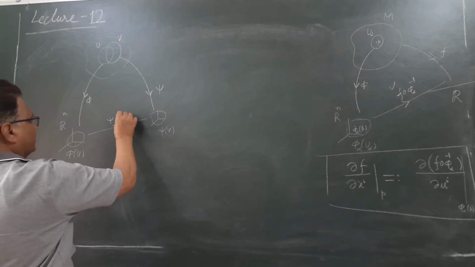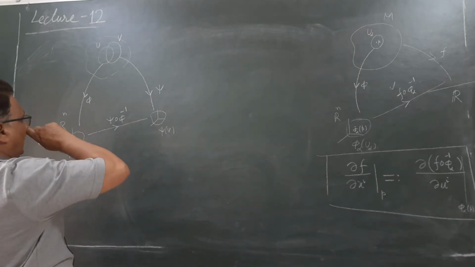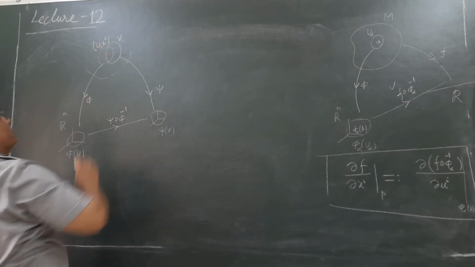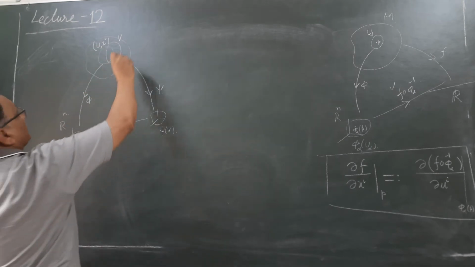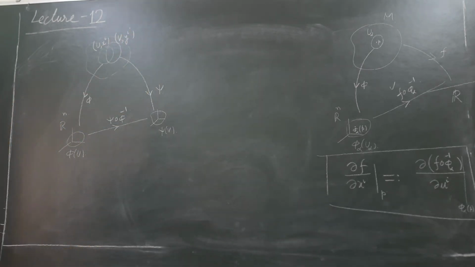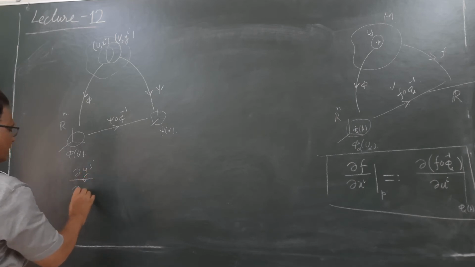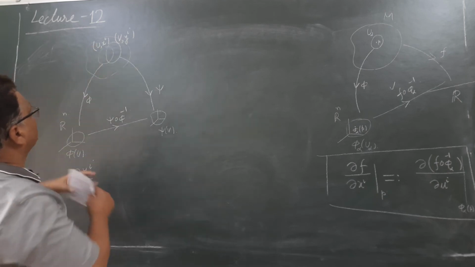Psi composition phi inverse. This is the map which you call the transition map. यहाँ पे मान लीजिए कोऑर्डिनेट्स हैं आपके xi's, ऐसे आपने अभी देखा कि on all coordinate neighborhoods you have a coordinate system. So V के भी कोऑर्डिनेट्स होंगे, let me call them yi's, ठीक है। So my problem is to see, जिसका मैं last time भी जिक्र कर रहा था, I want to see what is del yi upon del xj, ठीक है। ये yi's यहाँ इस शेडेड पोर्शन में अवेलेबल हैं।